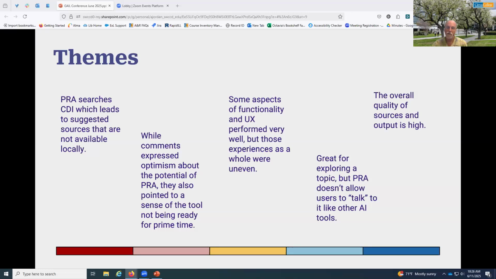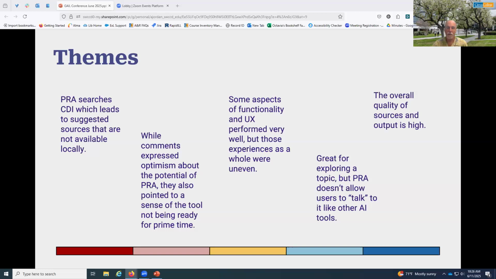In the more middle of the range, respondents' comments varied in their assessment of the functionality and the user experience, with some quite pleased, but others expressing an uneven experience overall. Many respondents felt that PRA was a valuable tool for exploring a topic, but they wished it allowed for a dialogue between the patron and the AI, similar to other AI tools that we're all familiar with.